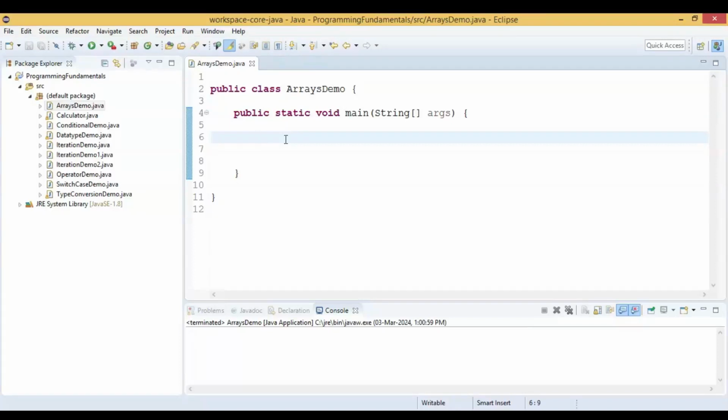Hi, in this video we are going to see the for each loop, how to iterate an array using a for each loop. Okay, so let us declare one array